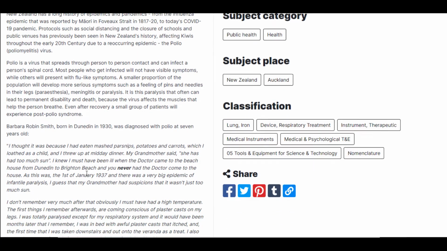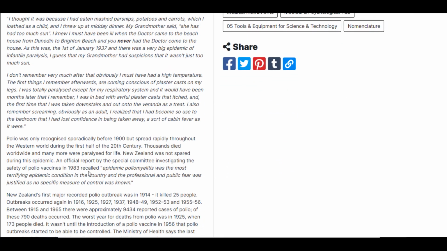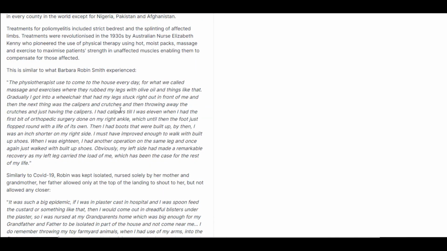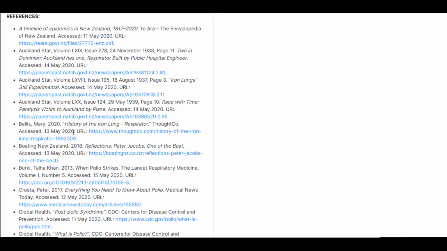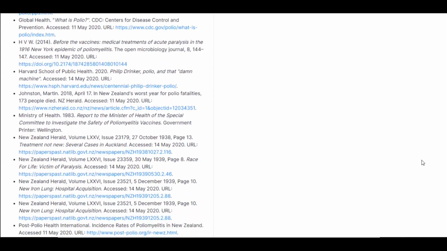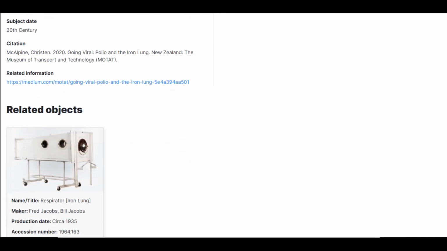And then we can see an article, in this case written by Kristen McAlpin. We can see examples of the formatting, so they've got bold, italic. They've also got bullet points and references to third-party sites, so you can see extensively how that topic was researched and jump to related material.